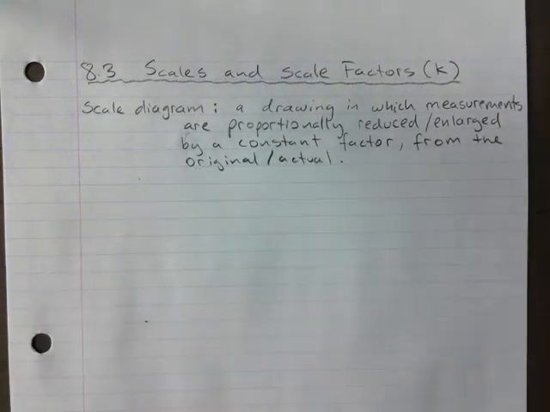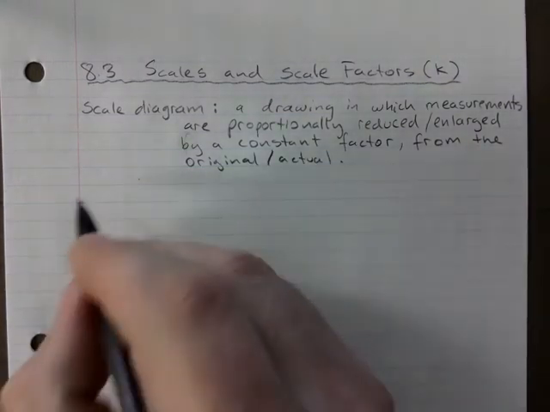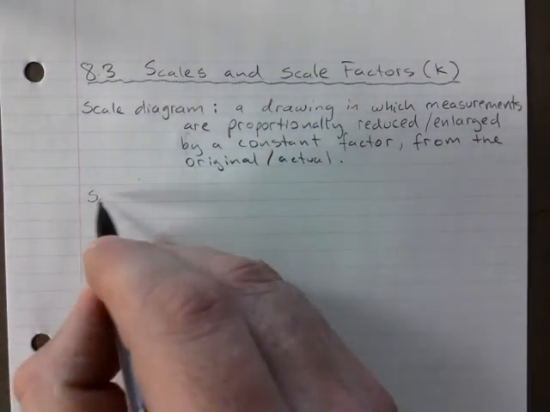So most of the time with scales, maps are very famous for that, right? There's the actual landscape and then your map reduces it. But it's not just reduced in one dimension, it's reduced in every dimension by the same amount, okay? And then you have your scale,